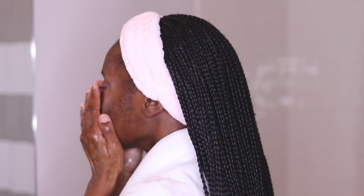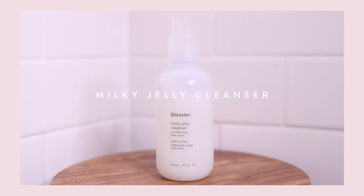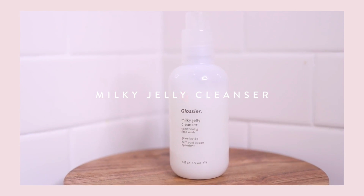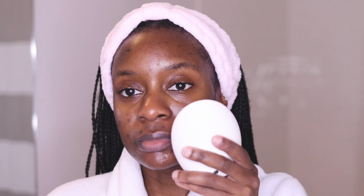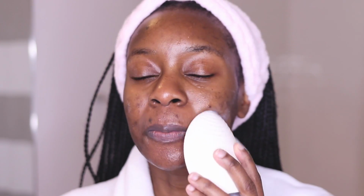I'm gonna wet my face and start my facial out cleaning my skin. So I'm gonna opt for the Milky Jelly Cleanser from Glossier. This is actually really good for removing makeup, but it also has a dual purpose of a cleanser as well. And I didn't wear makeup this day, so I didn't need to remove any makeup, but I just love the cleanser because it is extremely moisturizing. It's one of those creamy cleansers that doesn't sud up, and it's just very moisturizing